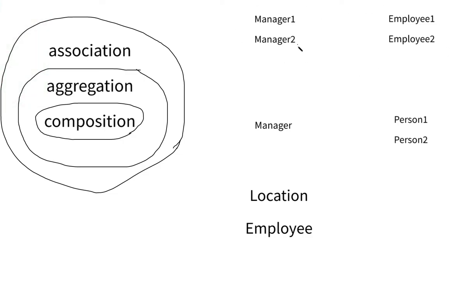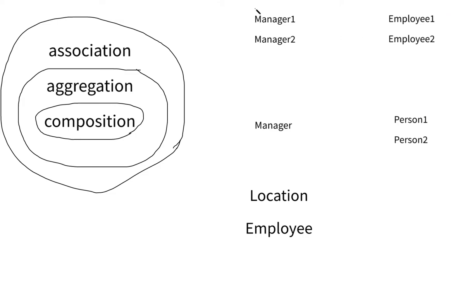So let's say we have two classes. We have manager 1 and 2, and we have two employees, employee 1 and 2. Well, an association means that an employee can be connected to a manager, right? And employee 2 can also be connected to a manager. But not only that, employee 1 can be connected to two different managers if he wants. And employee 2 can be connected to two different managers if he wants, right? And on the flip side,